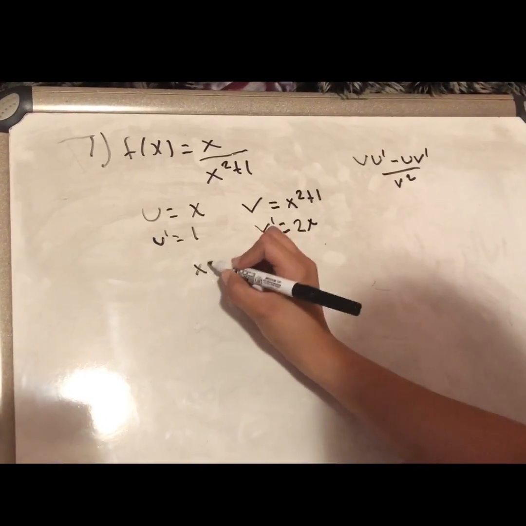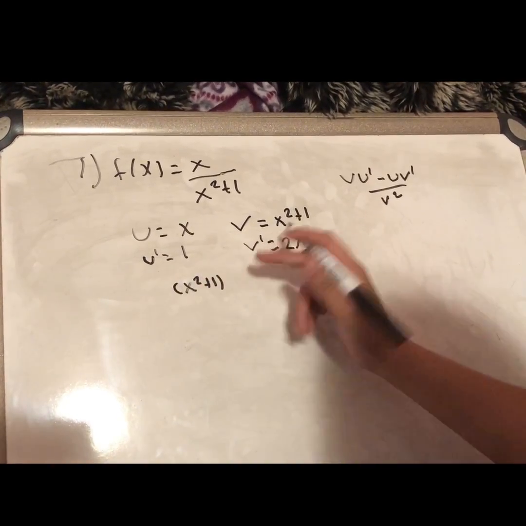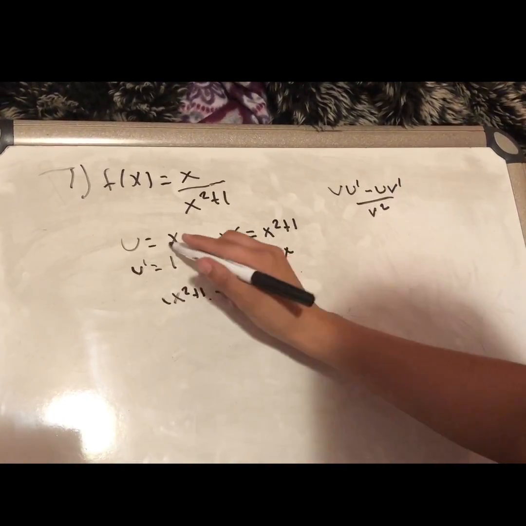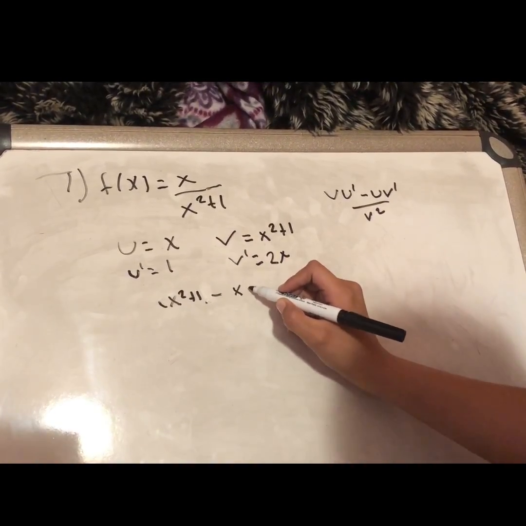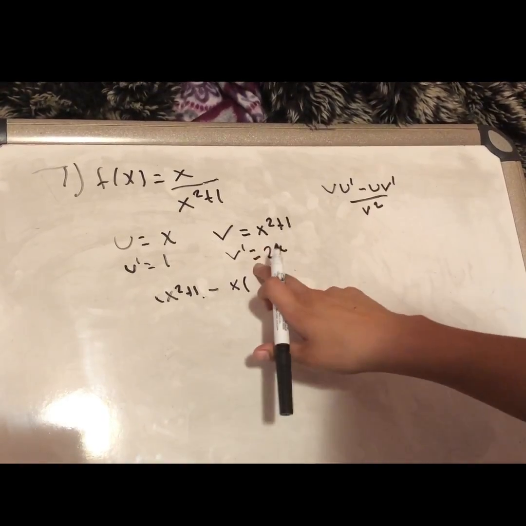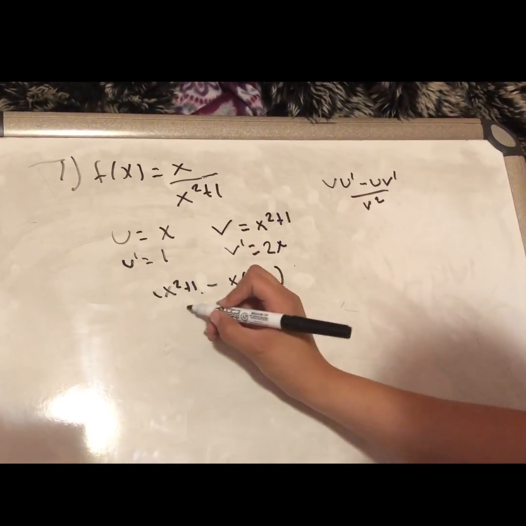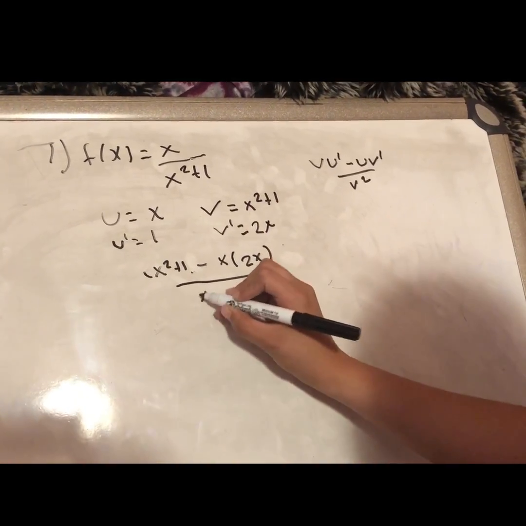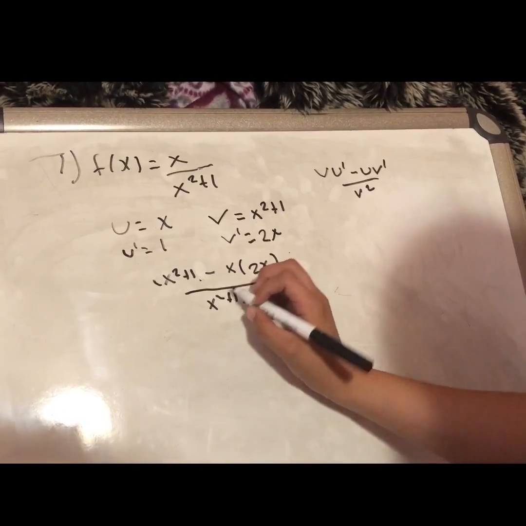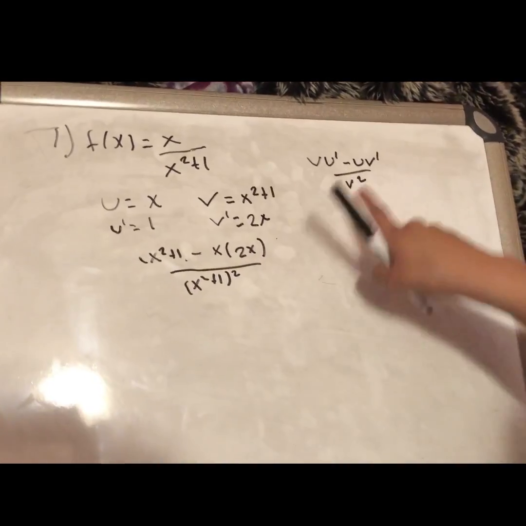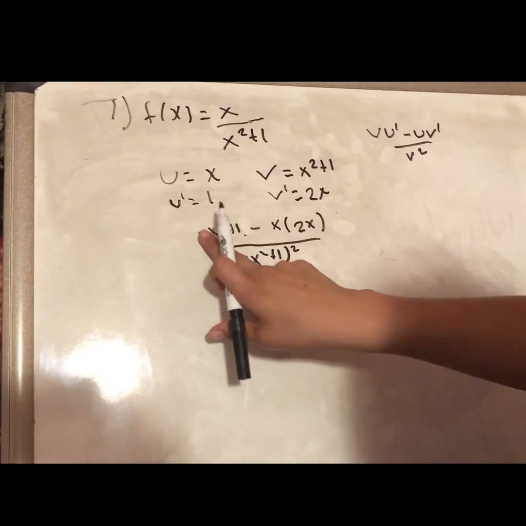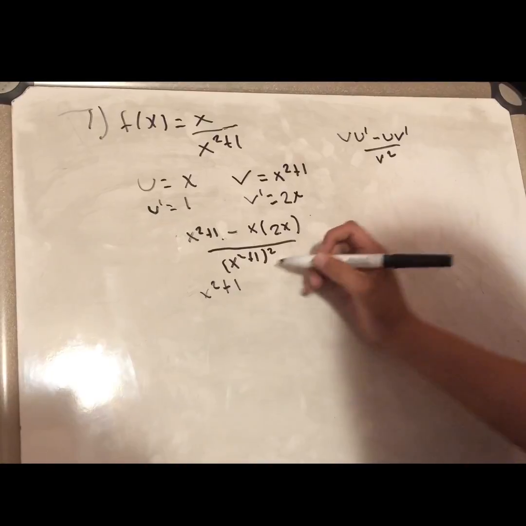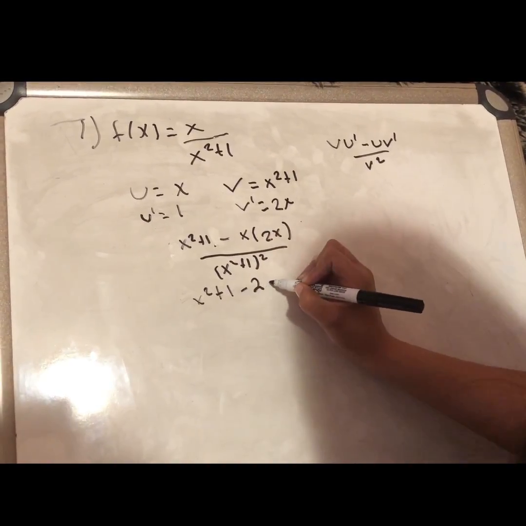So now we're gonna plug it in, which is x squared plus 1 times 1, but you don't have to put that, it's fine like that, minus u, which is x, and then times v prime, which is 2x, all over v squared, so all over x squared plus 1 to the power of 2, since you're squaring it. So now you're gonna distribute these, so it's gonna be x squared plus 1 minus 2x